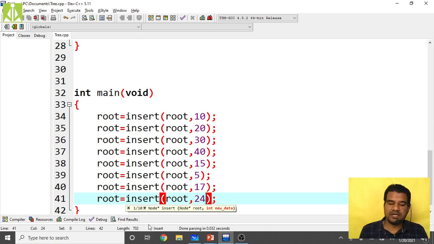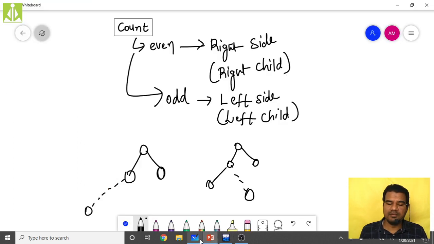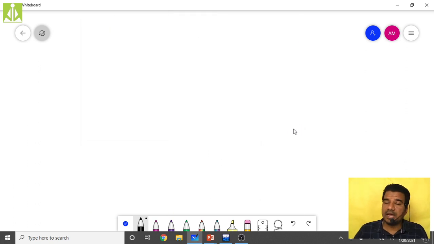And how I am inserting: first I insert 10, 20, 30. That I will frame over here, and then we will do the in order traversal, and then we will write the code, and we will see whether we are getting the output accordingly or not. So first we have inserted 10. That 10 will come over here, and it will become the root node of the tree.